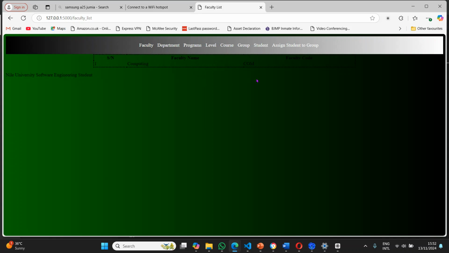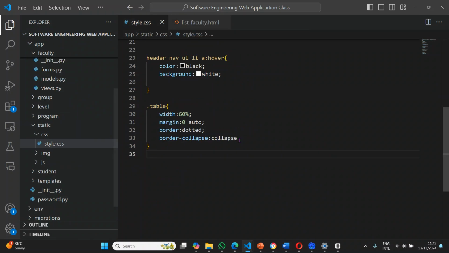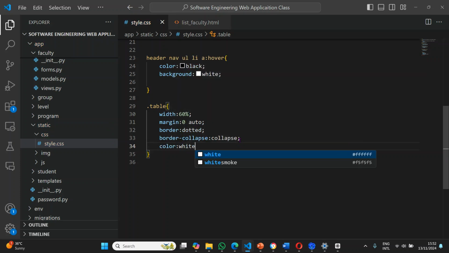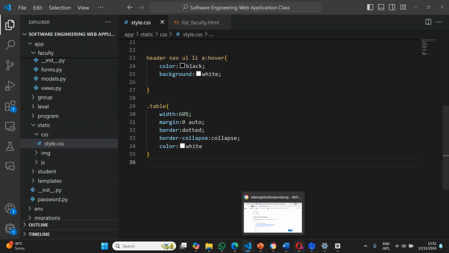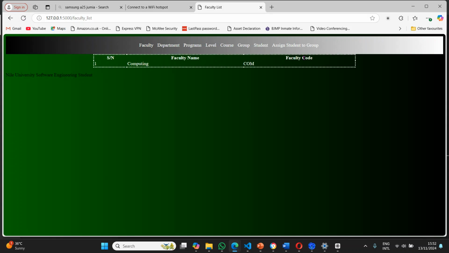You can see the dots, you can see the borderline, which is dotted, right? So I can go back to the CSS file, then let me set the color, this is white. So I'll go back here again, okay, now everything is white here,